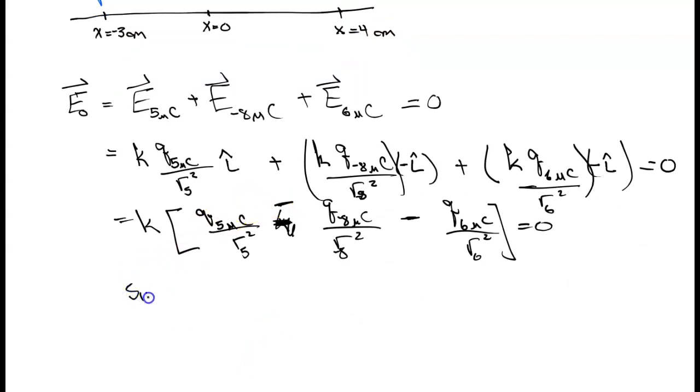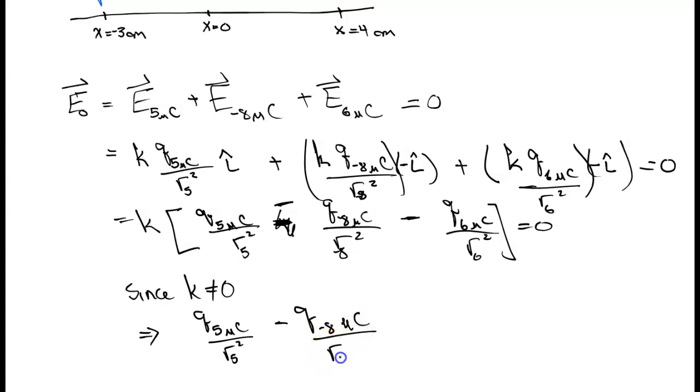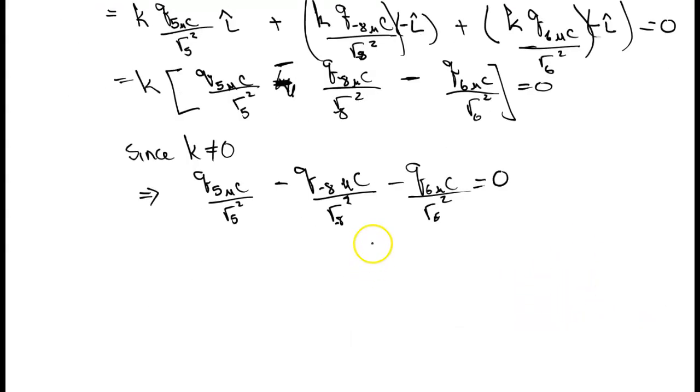And now, since K does not equal 0, this implies that the 5 microcoulomb charge over its distance squared to the origin, minus the -8 microcoulomb over its distance squared, minus the 6 microcoulomb charge over its distance squared has to equal 0, which means that we can say that